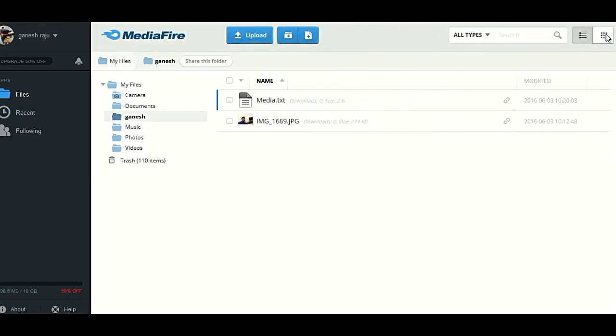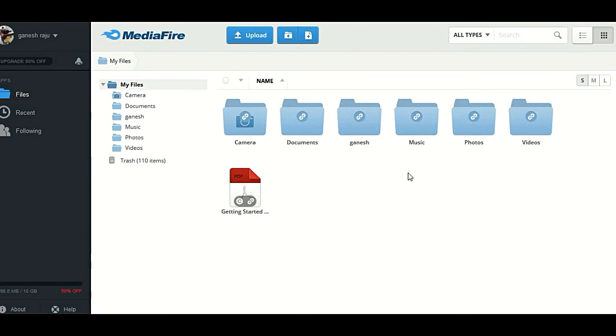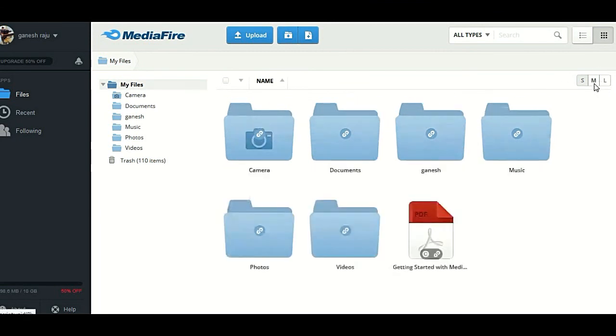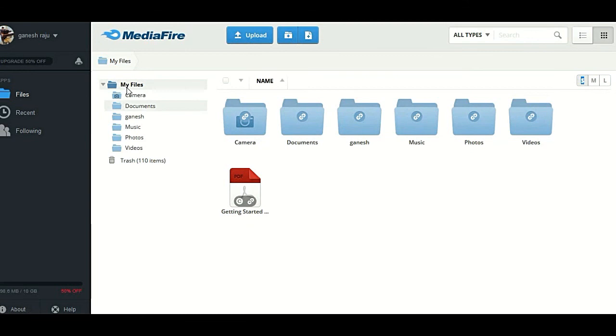And you can view the options: grid view, alignment view, or single row, single column view. In this view you have the different options like small, medium, and large. Okay, so now it is completed.